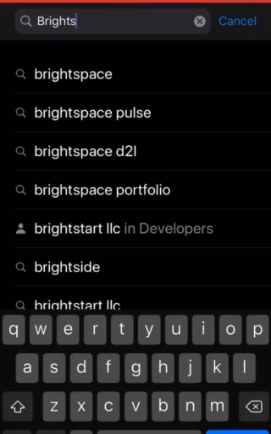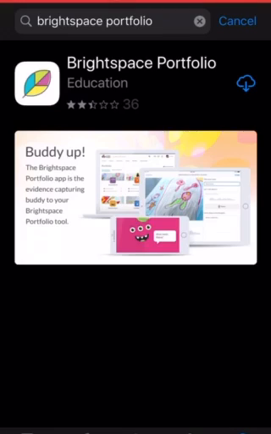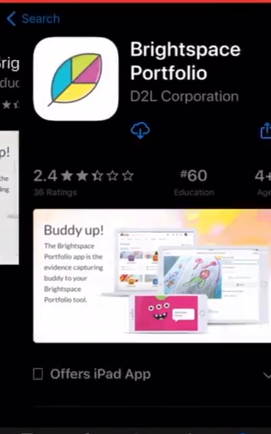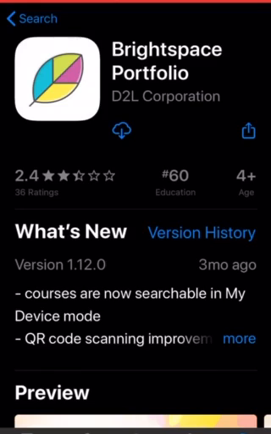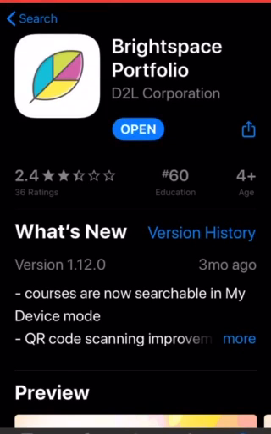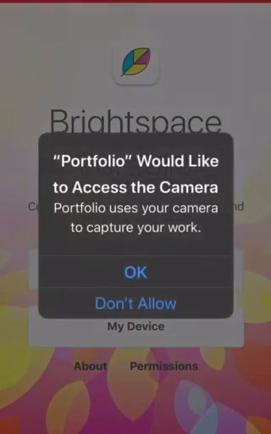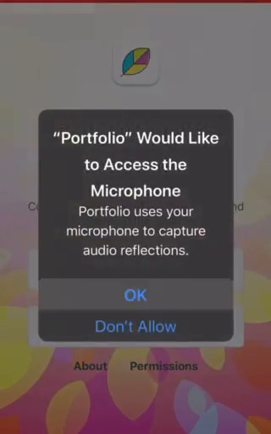Brightspace Portfolio. You will see a window with the leaves, and that is the Brightspace Portfolio. This logo, I will download it and it will start downloading. It will take a moment. There we go, and we will open it. Or it may ask you access. Okay,